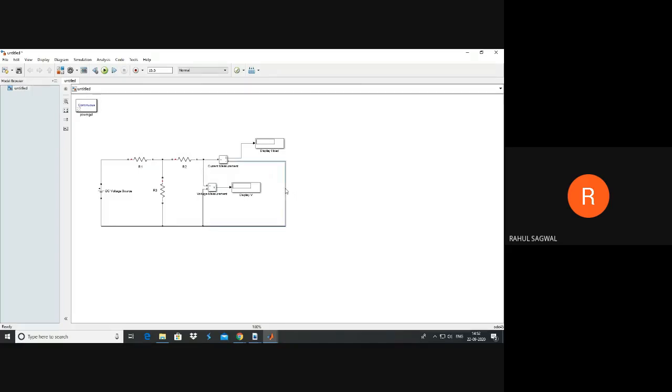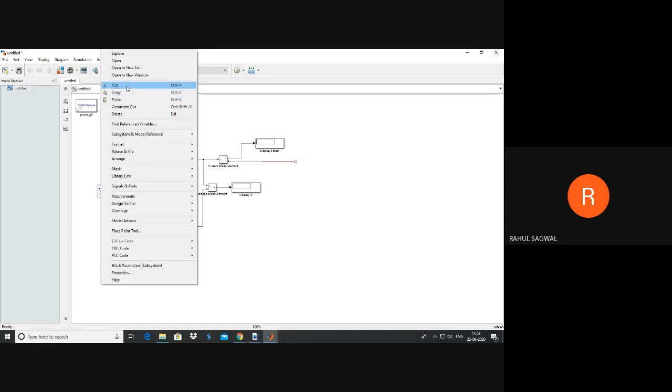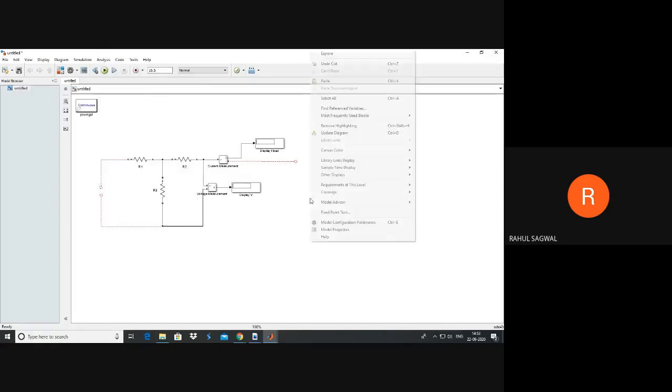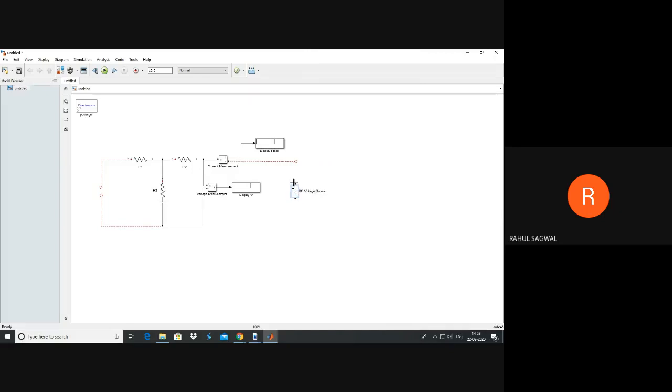So for calculation of RTH, you can open circuit this branch, and you just need to follow the same steps which we did in Thevenin's theorem. Cut it from there, paste here. So you need to connect the source on the secondary side, or you can say on the load side.